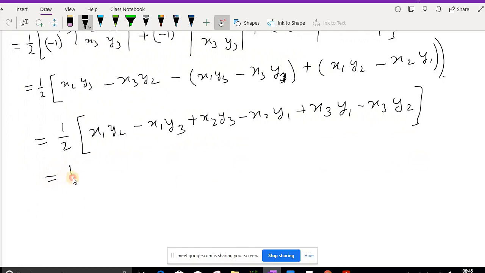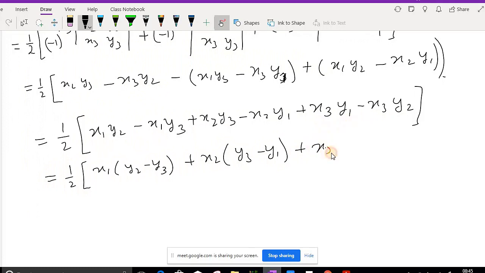Now take out the commons. For x1 common, you will get y2 minus y3. Plus for x2 common, this is y3 minus y1. Plus for x3 common, you will get y1 minus